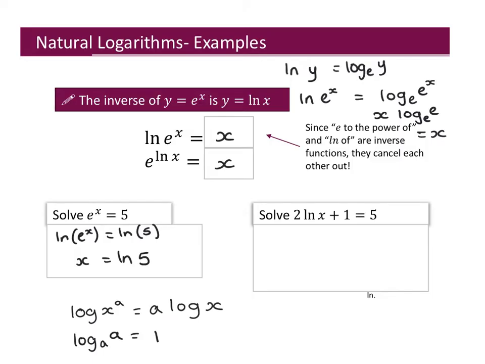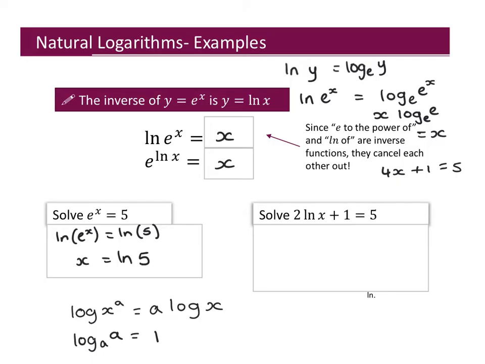Part 2. Solve 2 ln x plus 1 equals 5. Now imagine you are solving the equation 4 multiplied by x plus 1 equals 5. What's the first thing you're going to do? You're going to subtract 1 so that your 4x is on its own. Before you then do the inverse of multiplying by 4, you divide by 4. Same principle. We're going to take away 1 first, so we just have on the left-hand side,